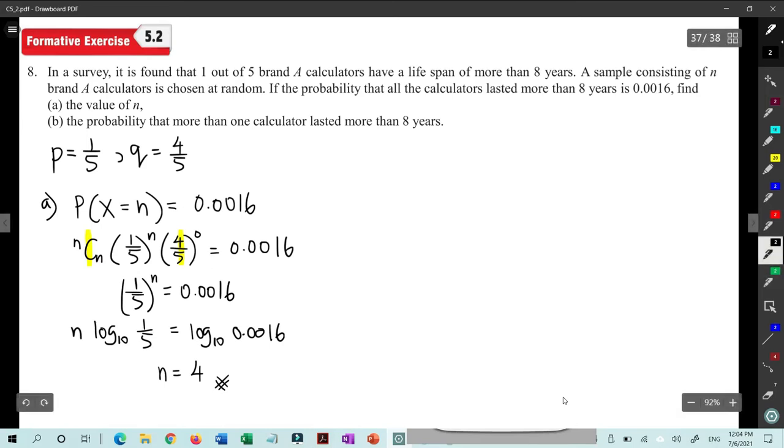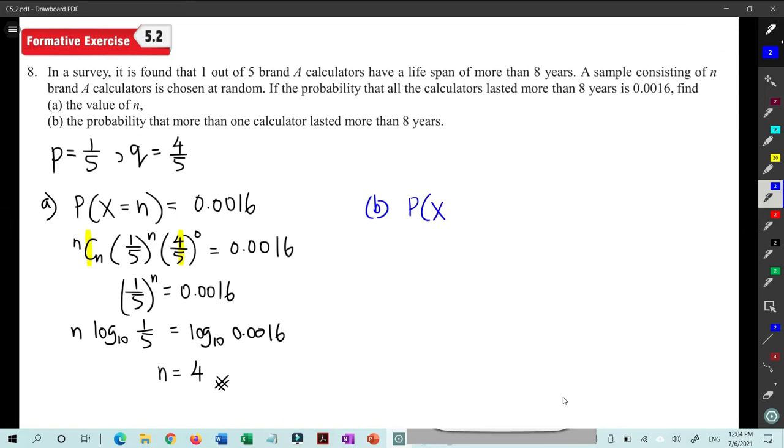Okay, for section B, the probability that more than one calculator lasted more than 8 years. So we have to calculate P(X greater than 1). If you write P(X greater than 1), then you have to calculate P(X equals 2), P(X equals 3), and P(X equals 4). Rather than finding these three values and summing them, we can